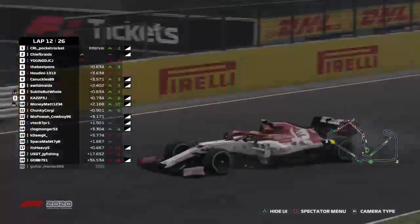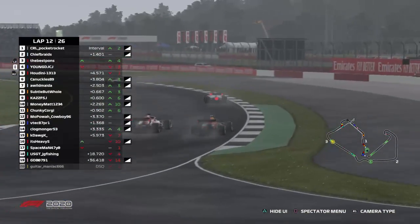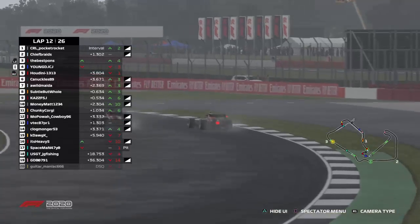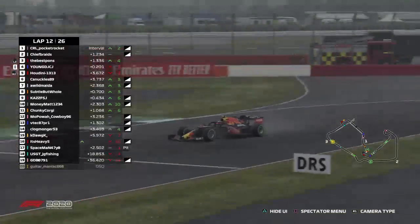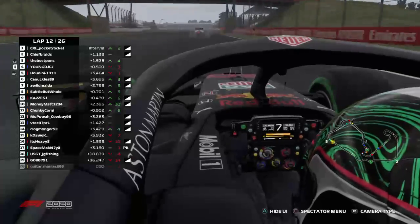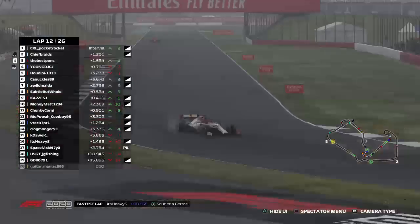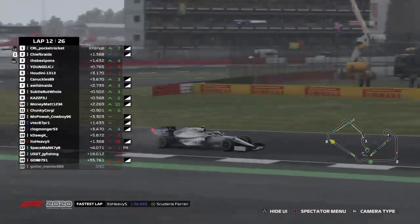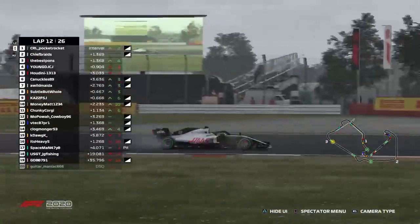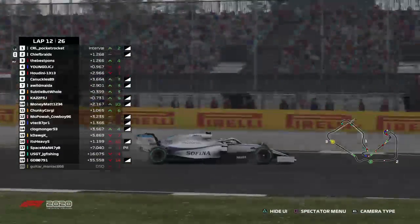With this battle. Oh, what's going on is young DJ CJ. Oh, he must have had a moment here as he is down in P4 now, being overtaken by the best Pones. So that must have been that yellow flag in Sector 1. Young DJ CJ with a costly mistake. He was leading the race here for the first 11 laps, but we have a new leader here on lap 12. After that mistake, it's Pocket Rocket in the Haas, who is now leading the Grand Prix